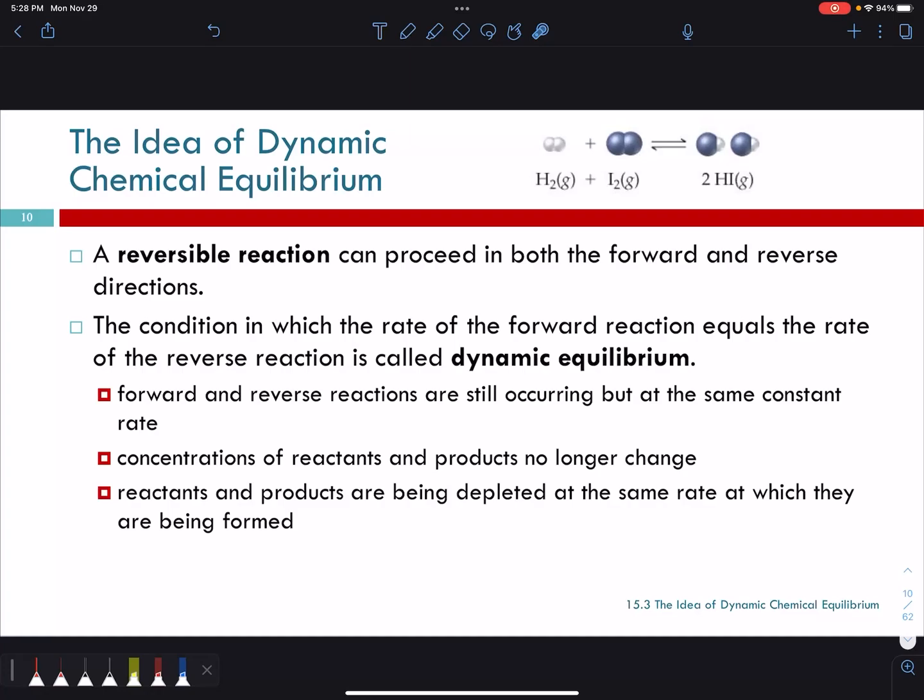Right? This is like the cars again on the freeway. There's the same number of cars going the same speed in either direction. If you stop at any point in time and you look to your right, you're going to have the same number of cars on the right as on the left. And for a reaction at equilibrium, it's not necessarily going to be 50-50. But the rate will be the same. You can freeze time, and there will always be the same number of particles as products as there are as reactants. And yet, if you start time again, they'll continue to react, forming reactants and products.